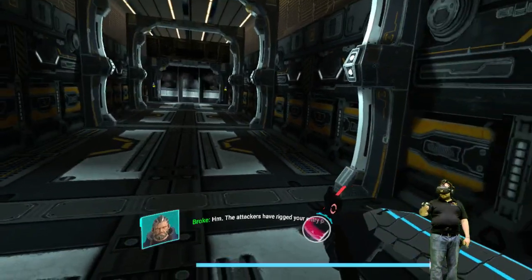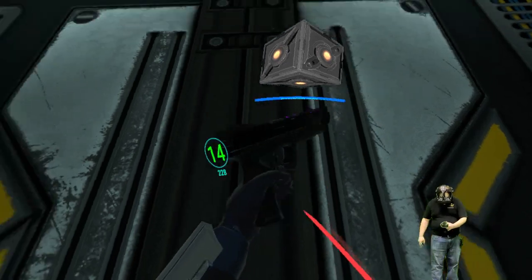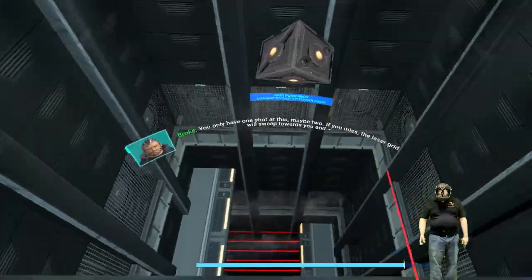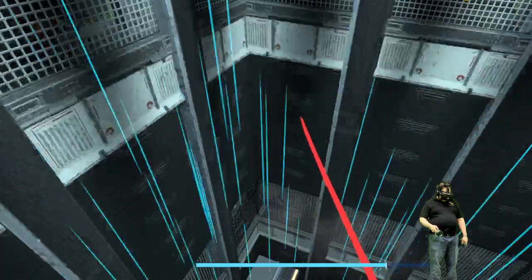The attack has rigged your entry point with a laser trap. As soon as your boots are on the ground, look for the laser activator. Take it out. It has motion sensors, so don't get too close. You only have one shot at this, maybe two. If you miss, the laser grid will flee towards you and...